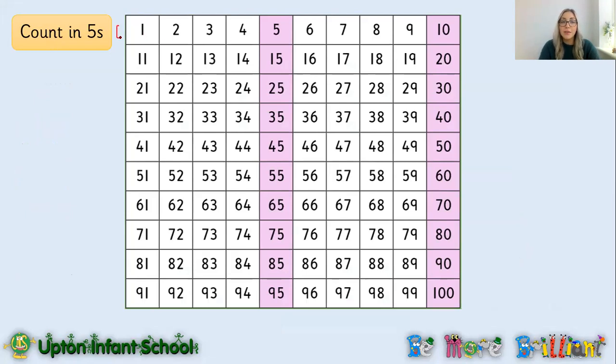So starting at 0, off we go. 0, 5, 10, 15, 20, 25, 30, 35, 40, 45, 50, 55, 60, 65, 70, 75, 80, 85, 90, 95,